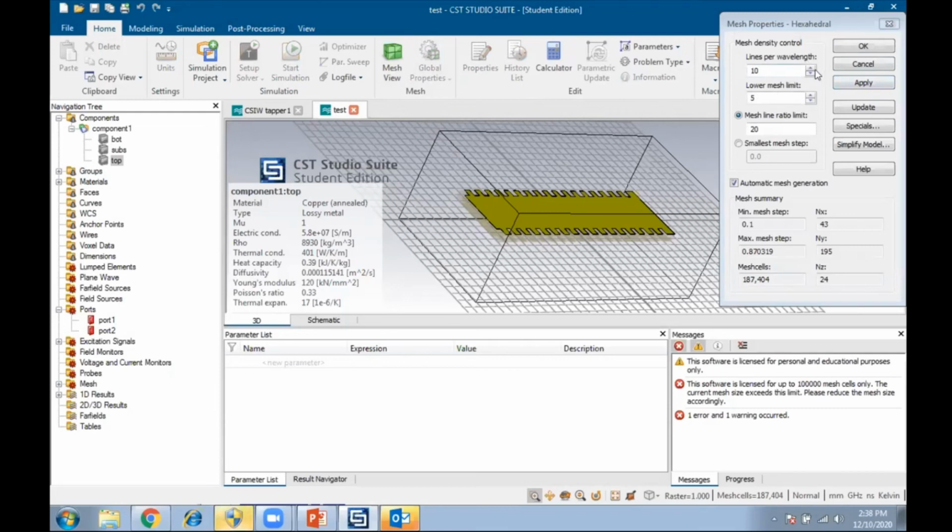so that here lines per wavelength, that is, per wavelength there are 10 lines. So the lower meshing limit is 5 here. So see here how many mesh cells, it's about 10,000 only, right? So we need to reduce these cells. So please do reduce